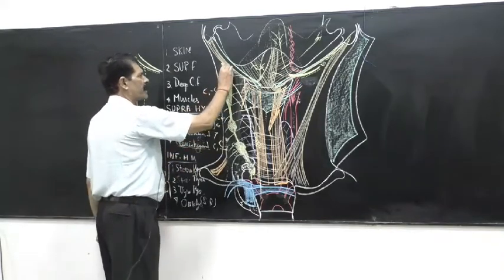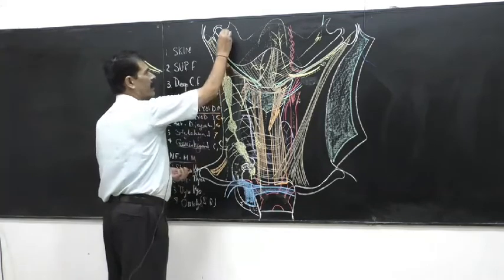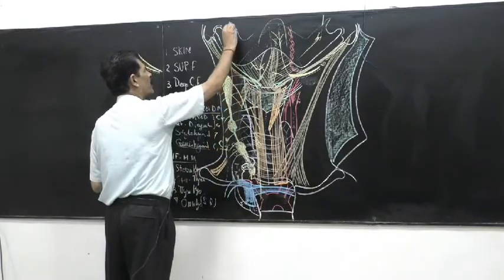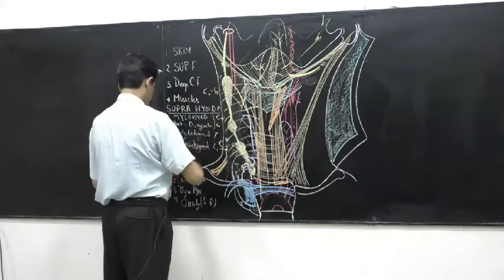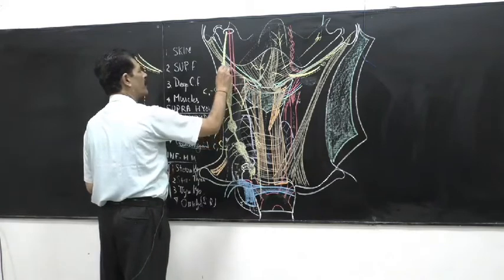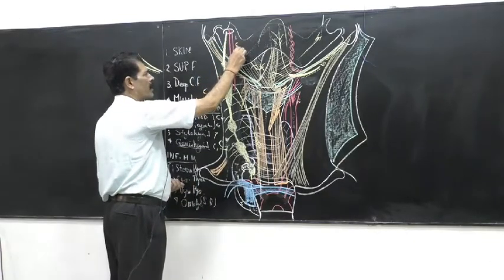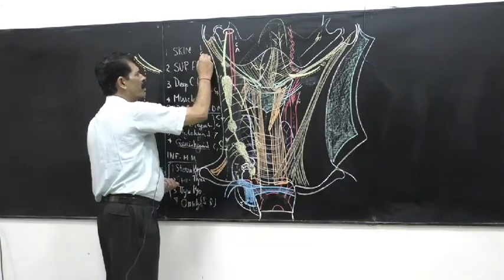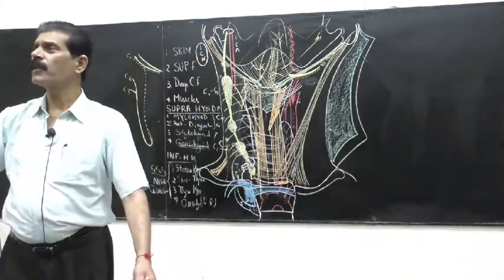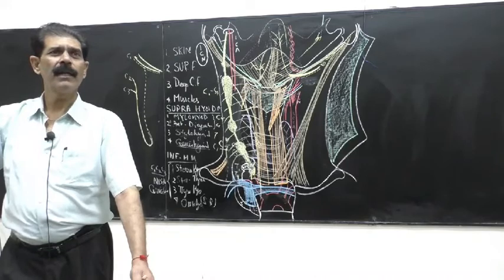Then if you trace this sympathetic chain above the superior cervical ganglion, you see that it goes into the carotid canal, the same carotid canal through which the internal carotid artery goes. From above this cervical ganglion, this is no longer called a sympathetic chain. Now its name changes because it accompanies the internal carotid artery. Now it is called the internal carotid nerve. Underline it. The internal carotid nerve is the sympathetic chain above the superior cervical ganglion entering the skull through the carotid canal along with the internal carotid artery.